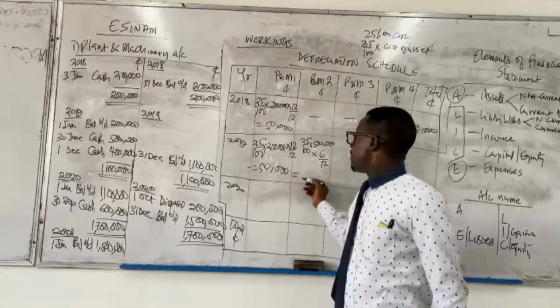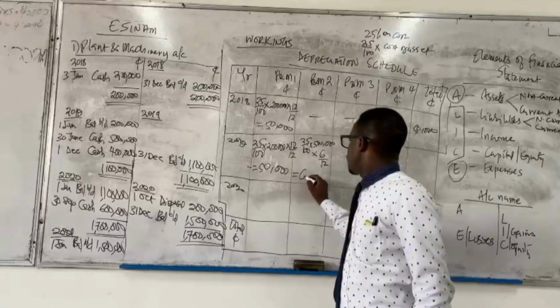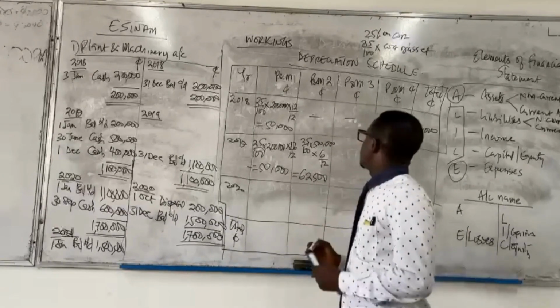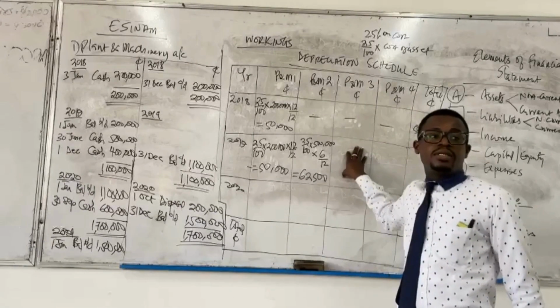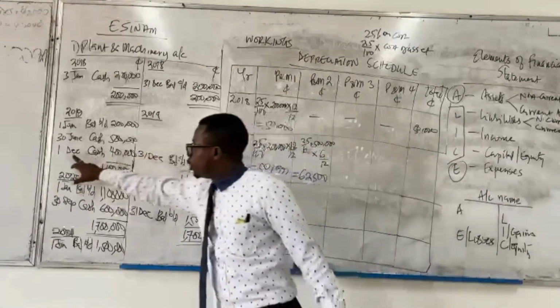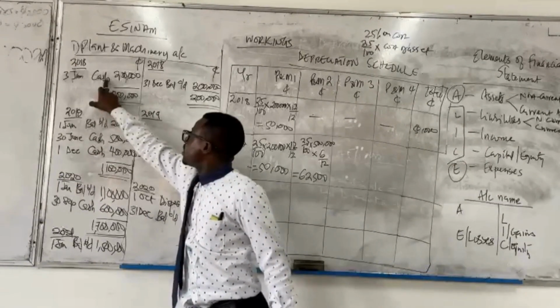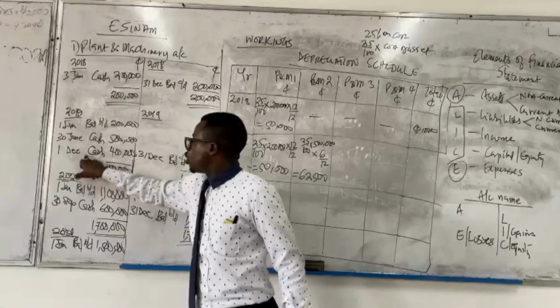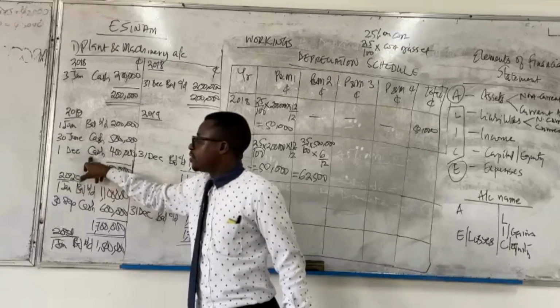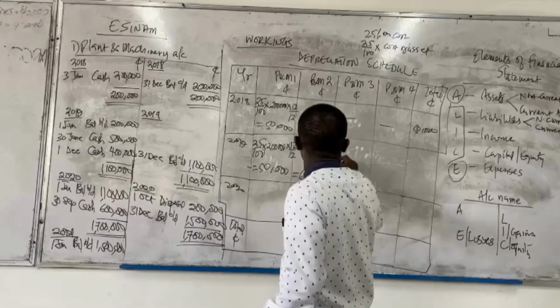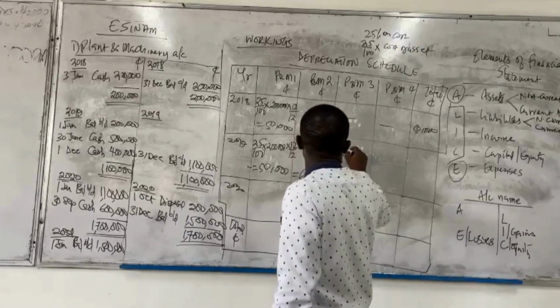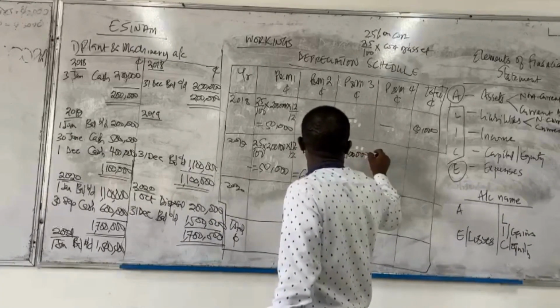Now, what's the figure? 62,500. Was plant and machinery 3 used in 2019? Yes. What is the evidence? It was bought, this is the third purchase. First purchase, second, third purchase. It was bought on 1st December 2019. Therefore, we compute depreciation to be 25/100 times the cost, 400,000 times